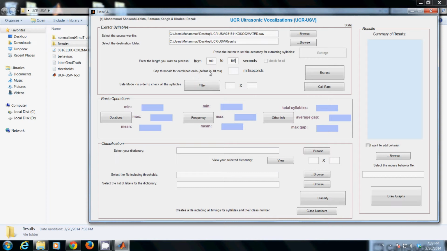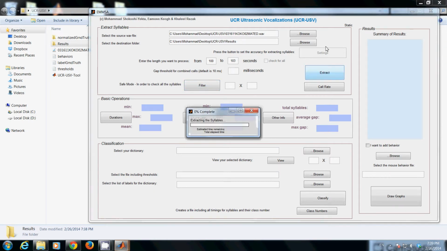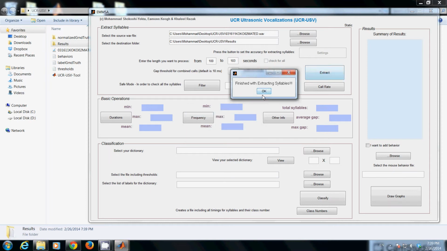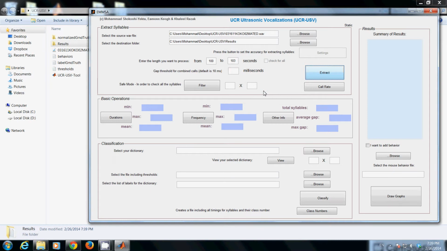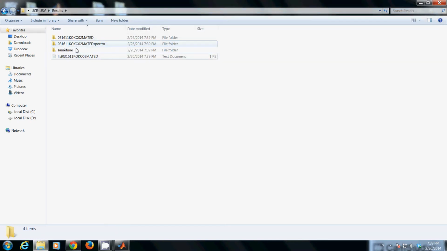And finally, you have to click extract. If you click extract, it's going to extract the syllables for the mice from the audio file. When you get finished, if you go back to the results folder, you're going to see a folder with the same name as the wave file. If you go inside this folder, you're going to see the syllables which are extracted from